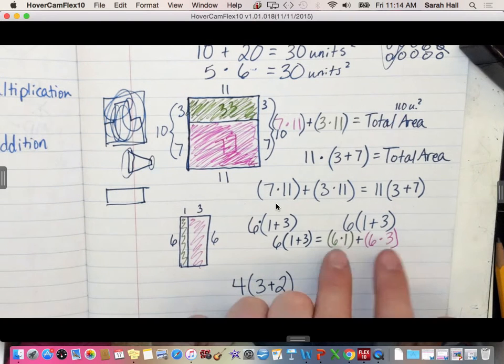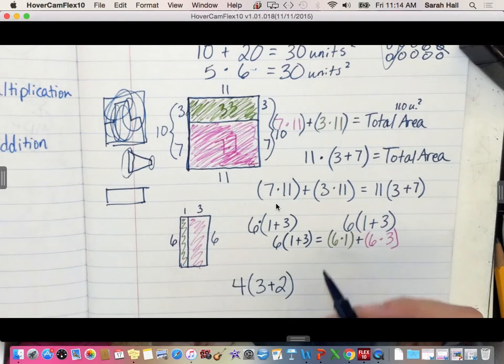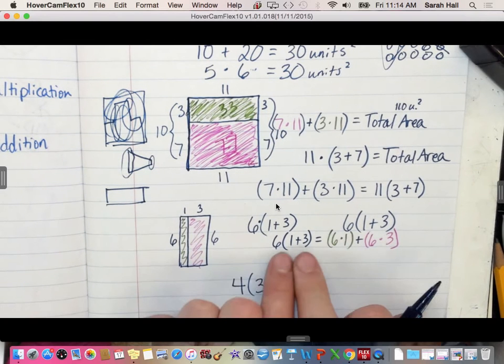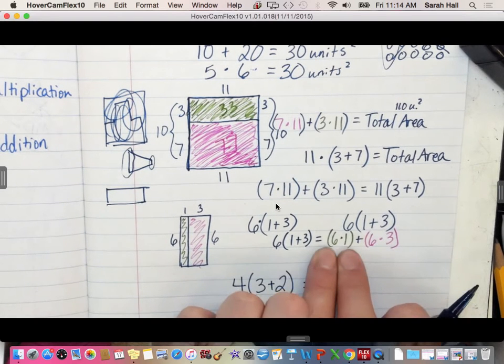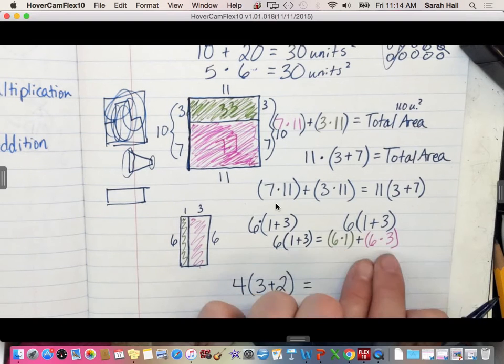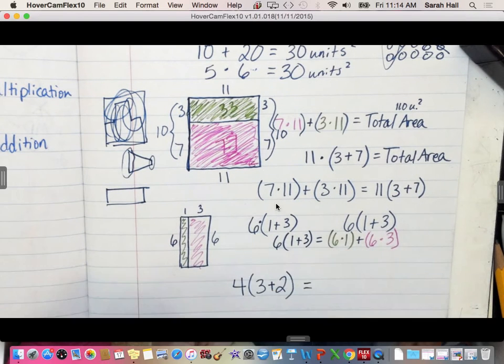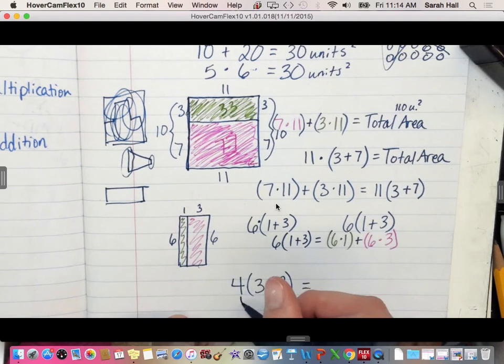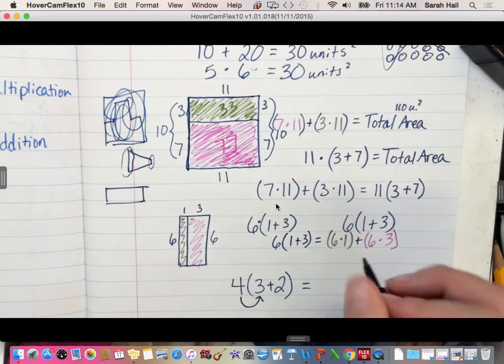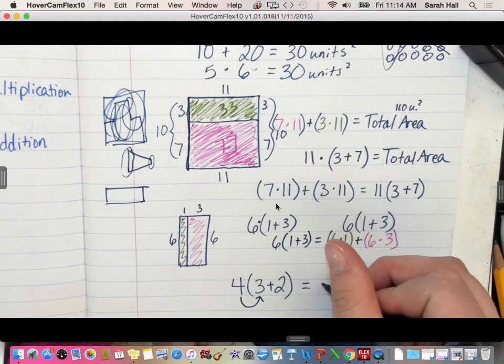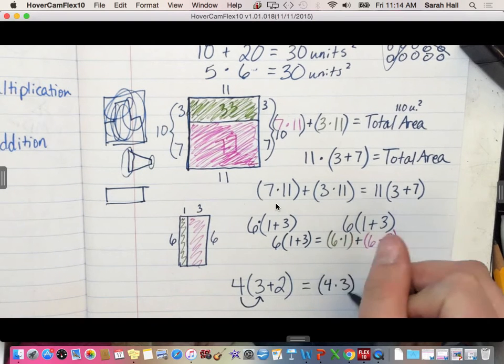Distributive property is saying, what is that the same as? Up here, it's the same as 6 times 1 plus 6 times 3. So what you're doing is you're taking this guy and you're doing 4 times 3, so practice drawing those arrows,